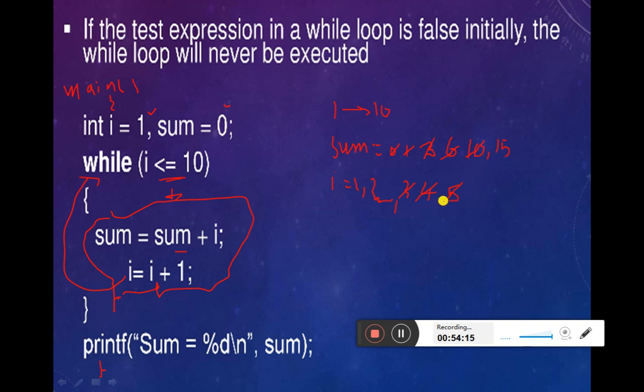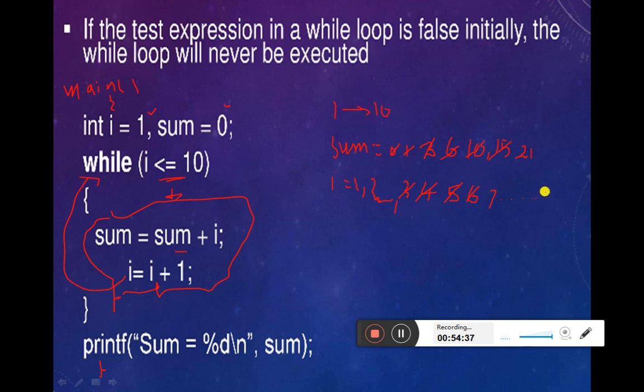So next, I becomes what? 6. And 6 is added to 5. The next iteration, because 6 is less than or equal to 10, the condition test is true. So it becomes 21. I becomes 7. So likewise we will go up to